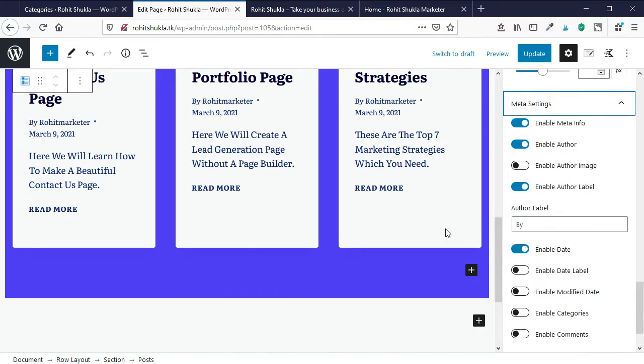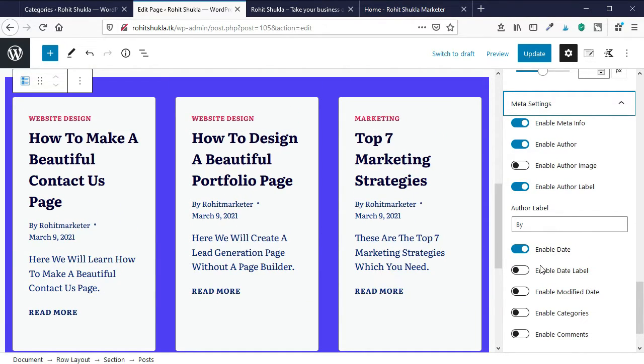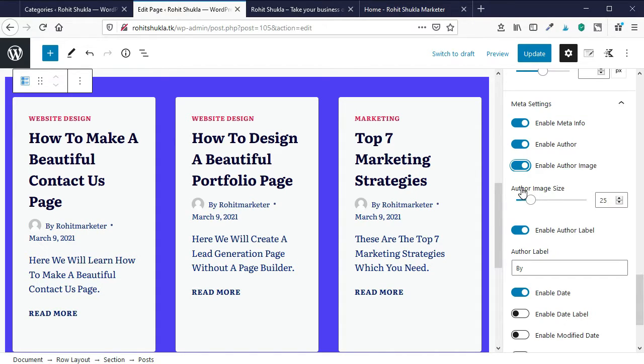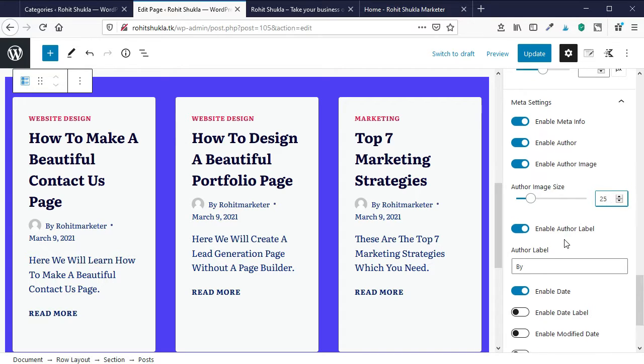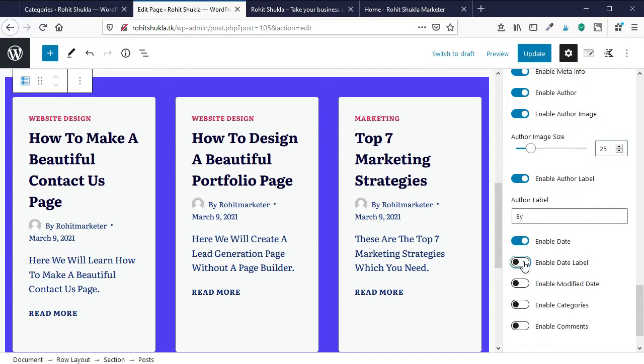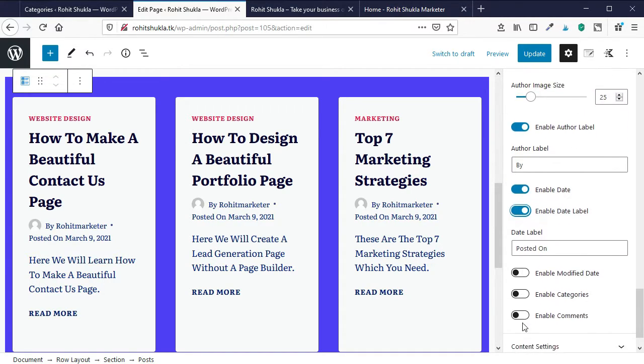Now you can see there are so many options here. We can configure it. For example, we can enable the image of the author, author by, date, edited date, etc. We can show the category. We can change the size of the author image and date label.